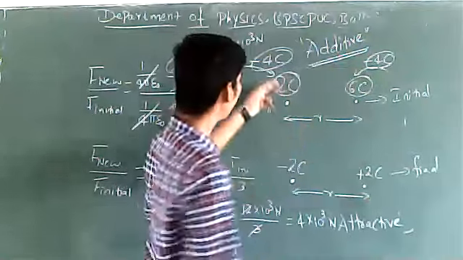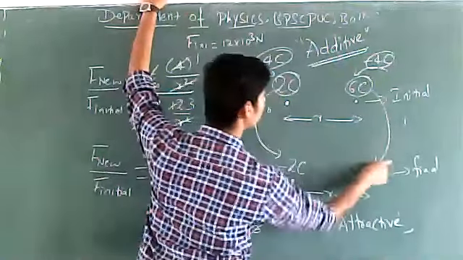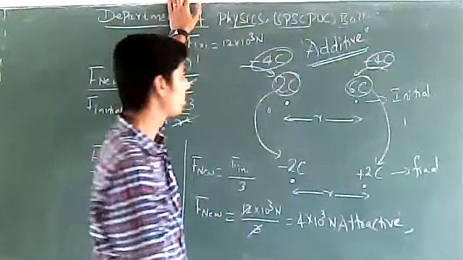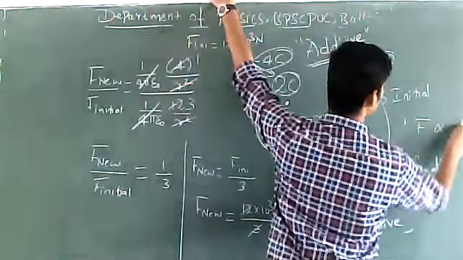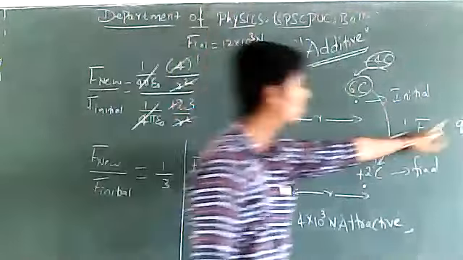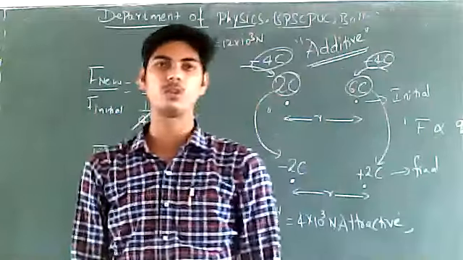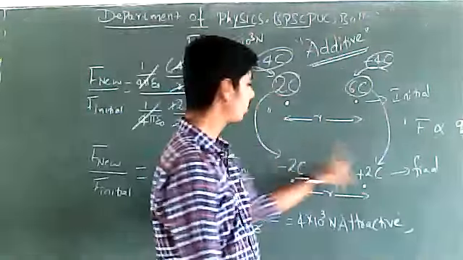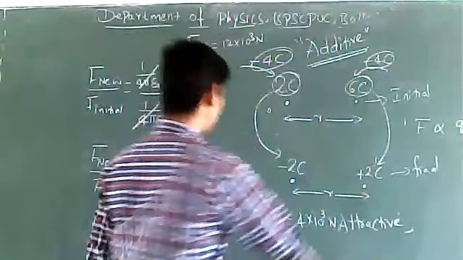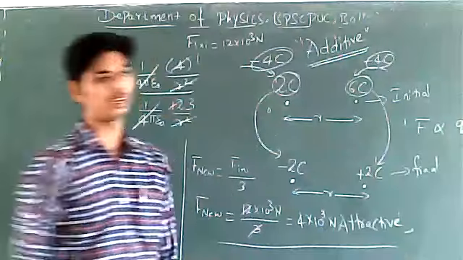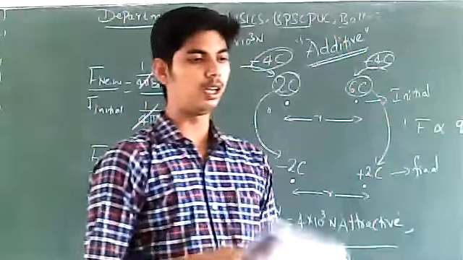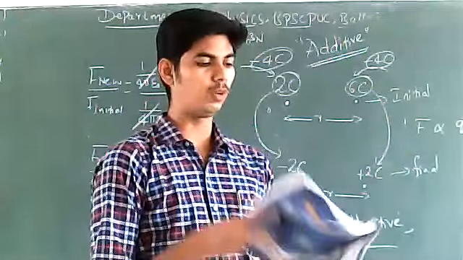Right? Because the magnitude of the charges has changed, the force between them will also change, because the force between 2 point charges is directly proportional to the product of the magnitudes of the 2 charges. Force depends upon the product of the magnitudes of the 2 charges. If the charges change, the force between them will also change, right? So this is the new force between the 2 point charges. So this is all regarding the problems on Coulomb's inverse square law.